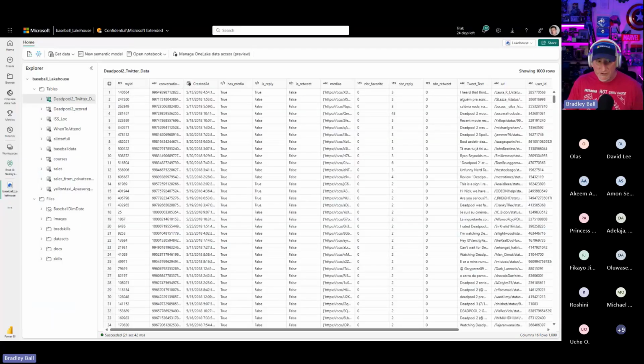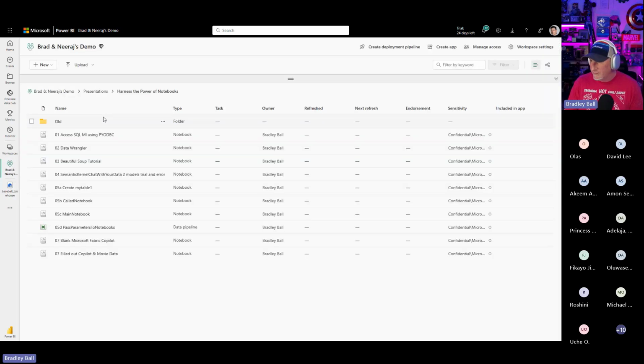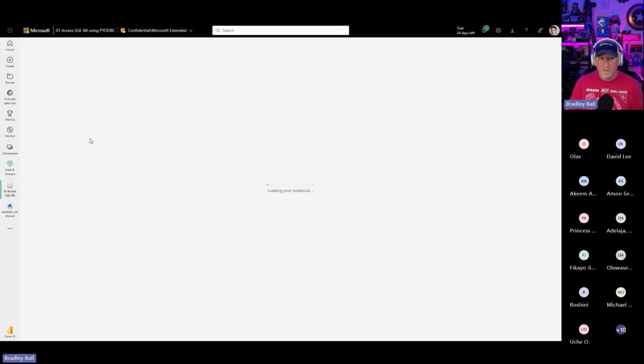Okay, so I'm going to move this off the window. I'm in my lakehouse right now. And our lakehouse is what we provision to be able to get to OneLake storage. And then on top of that, we can use notebooks on top of it. So you can see right here, there's an ability to open existing notebooks or a new notebook. I'm going to come over here where I've got my presentations and all my notebooks. I'm going to click on a notebook, open it up, and we're just going to start to walk through this.